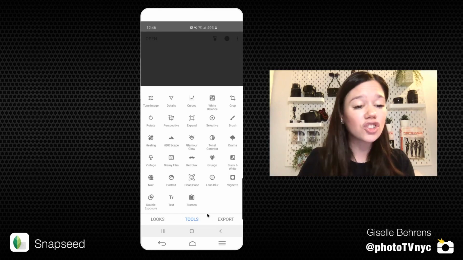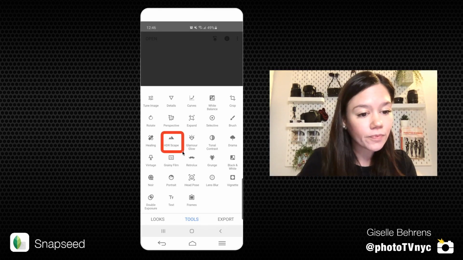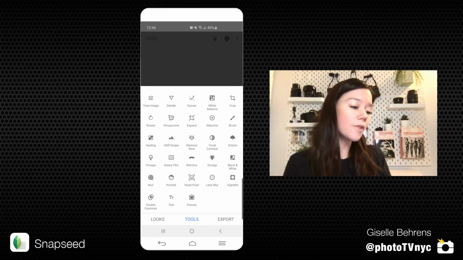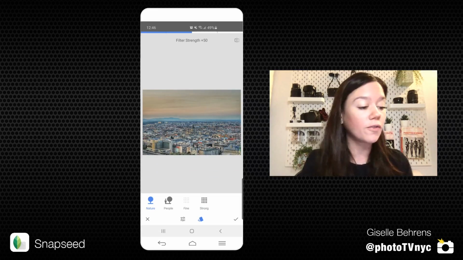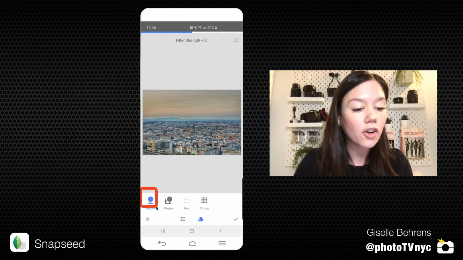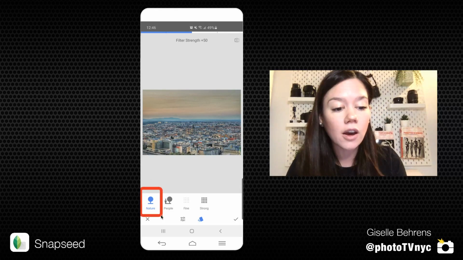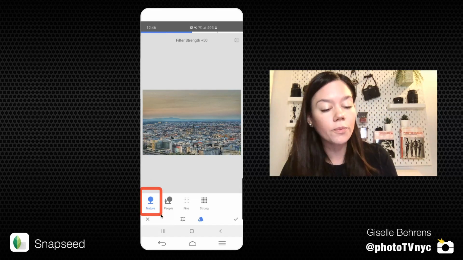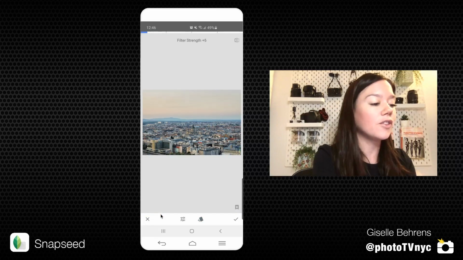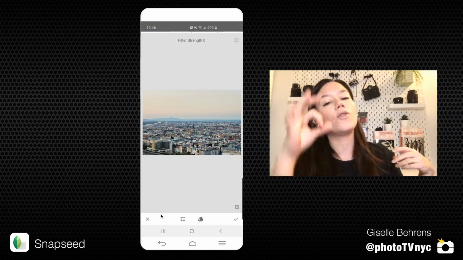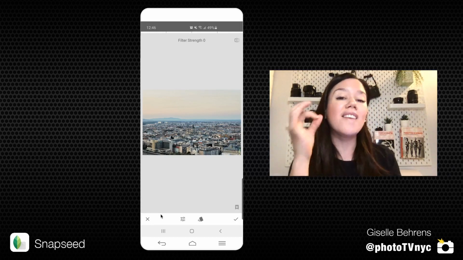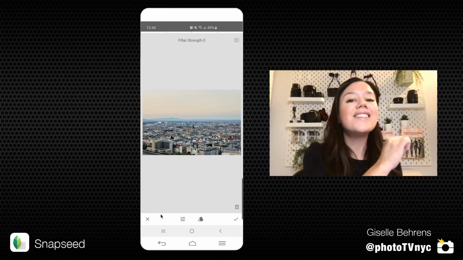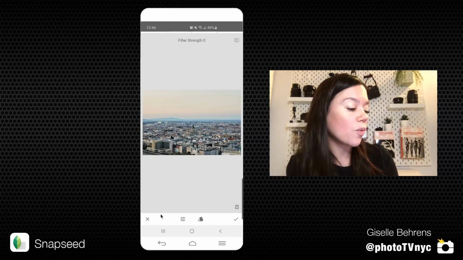It is called HDRscape. I love to use this for landscapes as well as for people, but right now we're going to use it for landscapes. So make sure that you are on your nature icon here on screen. I'm showing it to you, and you want to drag this filter all the way to the left to make it look like 0. Now when it's on 0, we very slowly want to slide our finger to the right